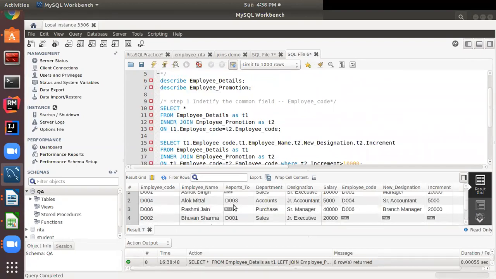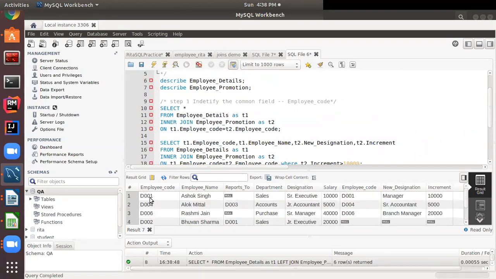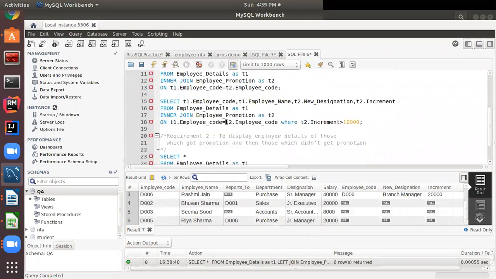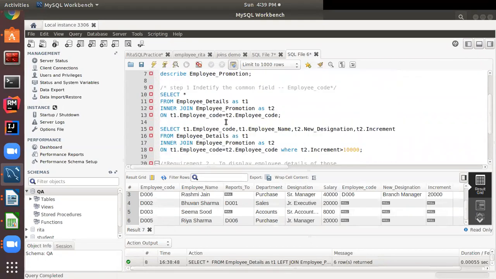See, firstly it's displaying D001, D004, D006, that means the common records between the two tables, and after that it is displaying the rest of the records which are not common, which didn't get promotion. But again, if I want to see specific columns, then I need to mention them like this.